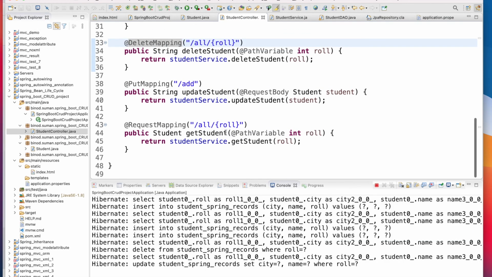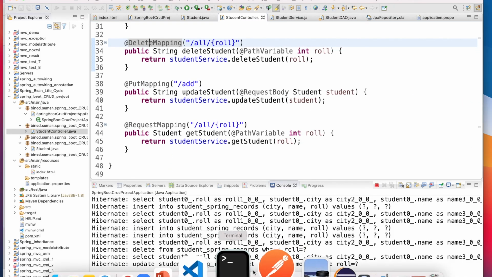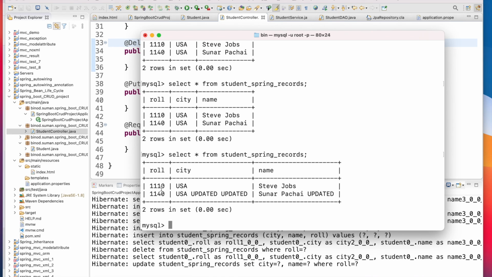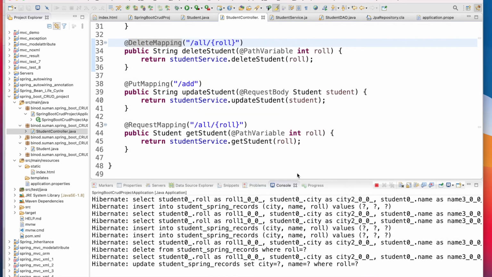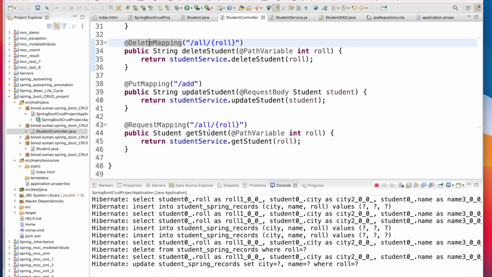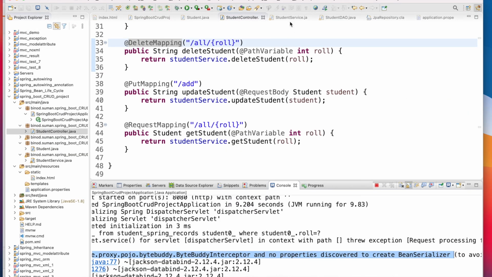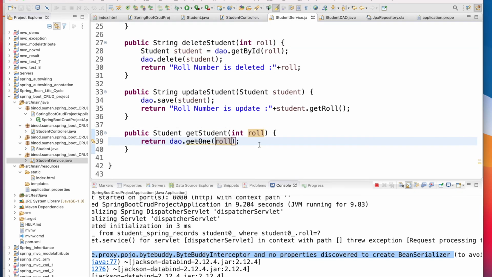Now if I want to take one student, let me take the student 2210. Is it coming or not? So get, what is the student, all row number, right? All row number 2210, get. Come to the service and use this method, find by.